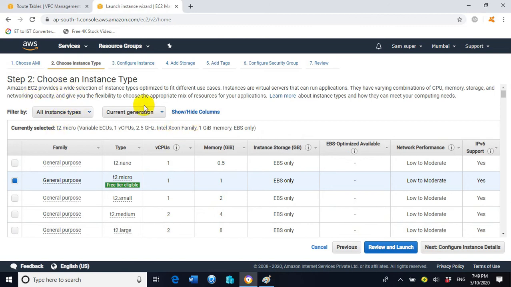Step number 2 indicates the components, like one virtual CPU, 1 gigs of memory, 1 EBS storage. These virtual components are used for the creation of the EC2 instance that we are going to create right now. So click on next.